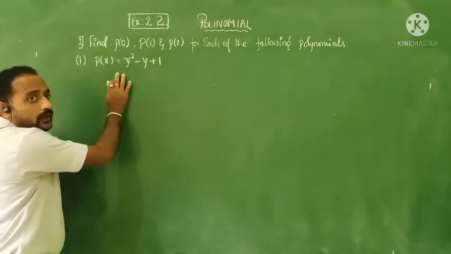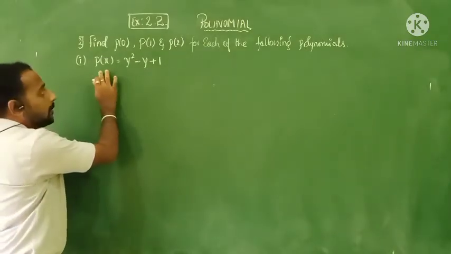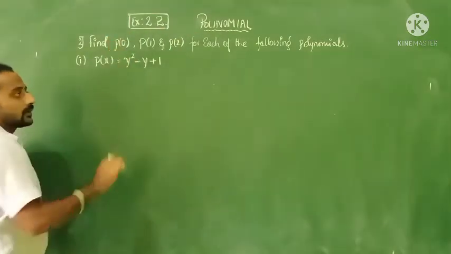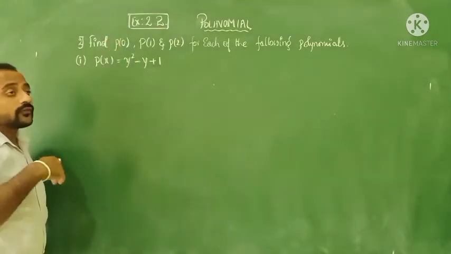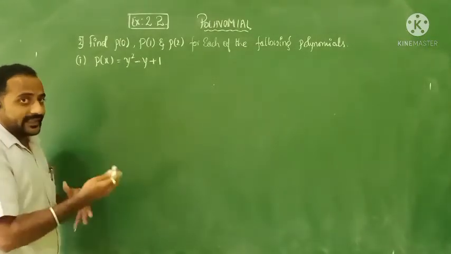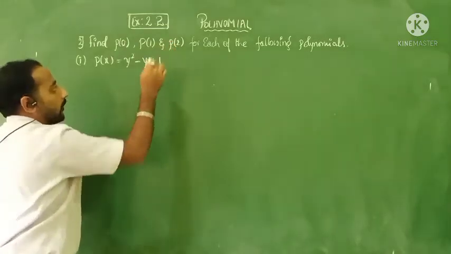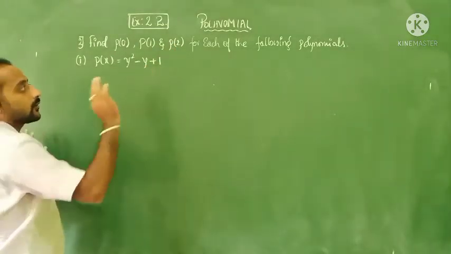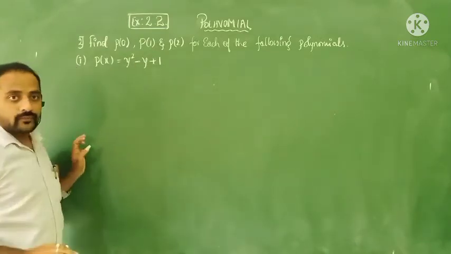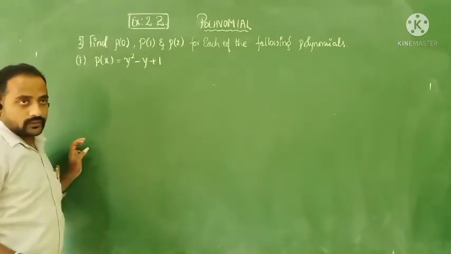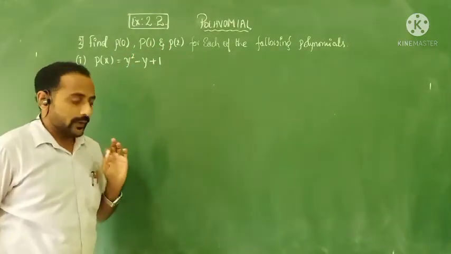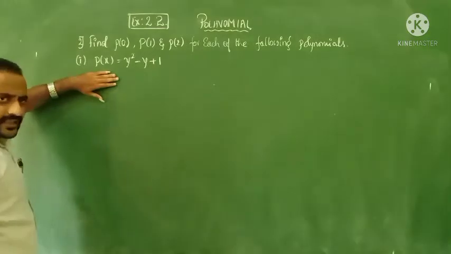It is given one polynomial over here, and for the same polynomial he mentioned 3 values, and we should find out what exactly the outcome is by using these values. That's what the question is. Simple. The variable will change from question to question, but the values will remain the same. Now let us take the first one.